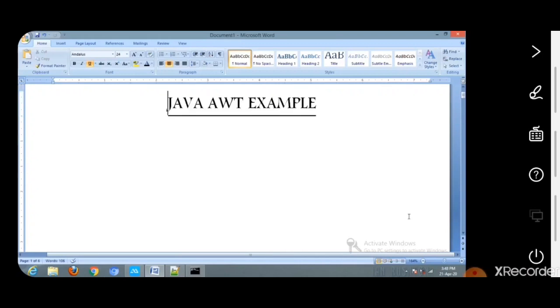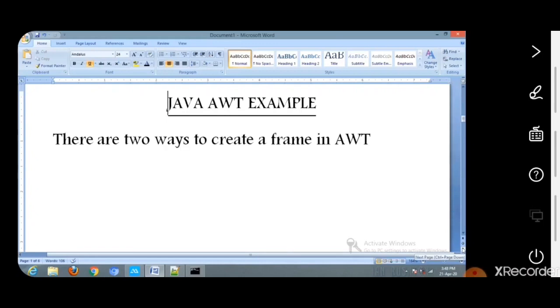To create a simple AWT program in Java, we need a frame. There are two ways to create a frame in AWT. We can see them one by one with the help of an example. First one, by extending the Frame class.